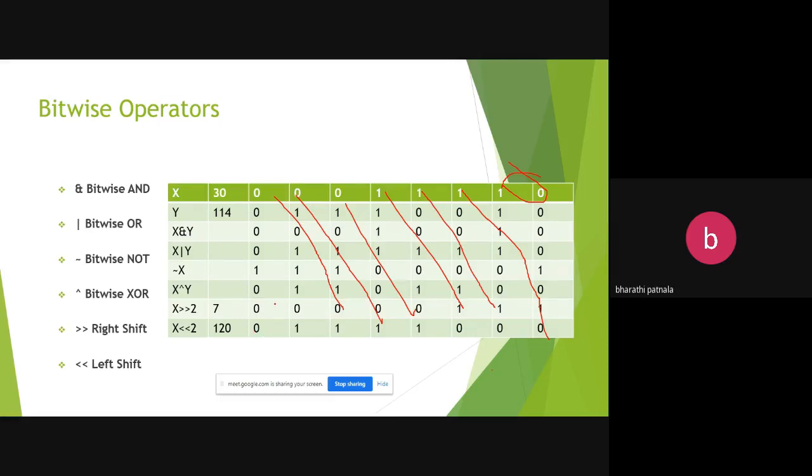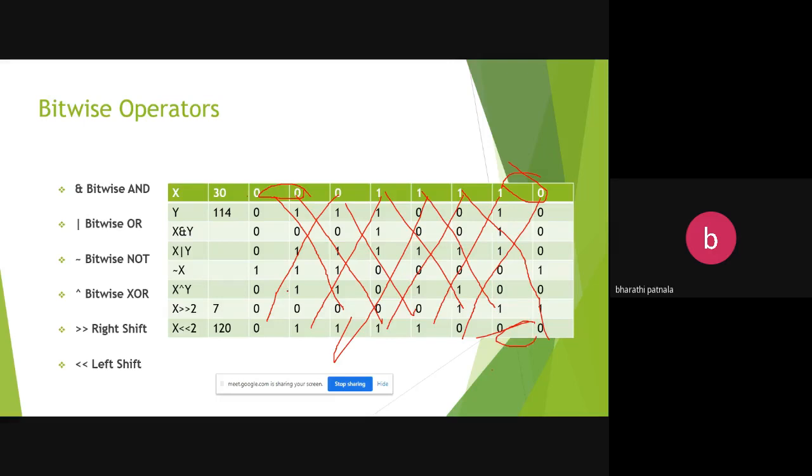So coming to left shift. When you use left shift, these 2 bits are moved to the left side. Okay. And the bits are placed here. Finally, the last 2 bits are filled with 0.